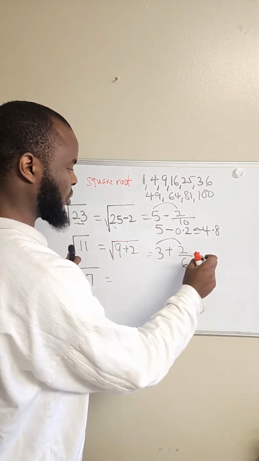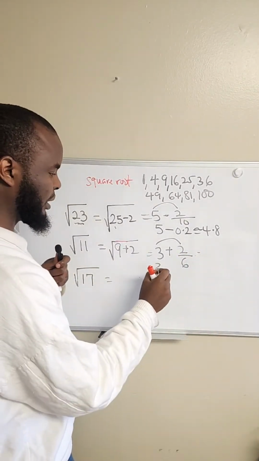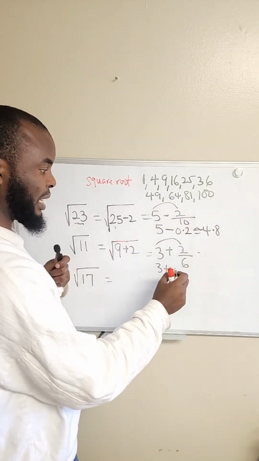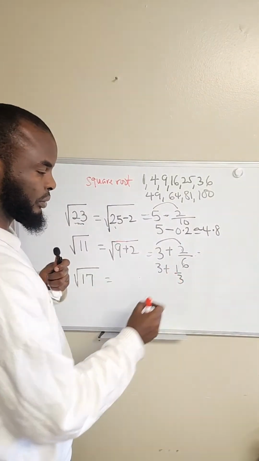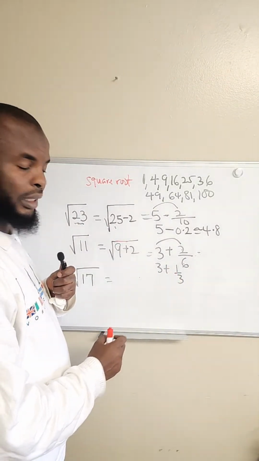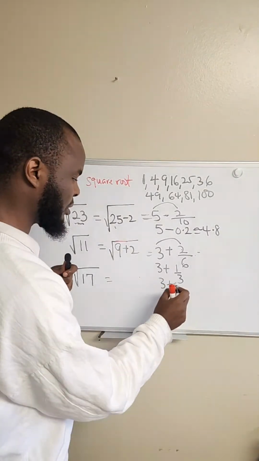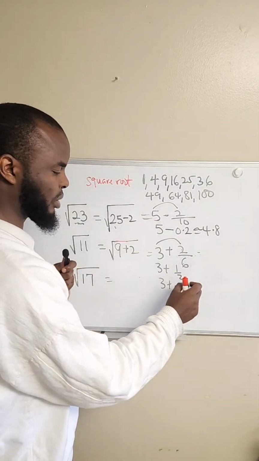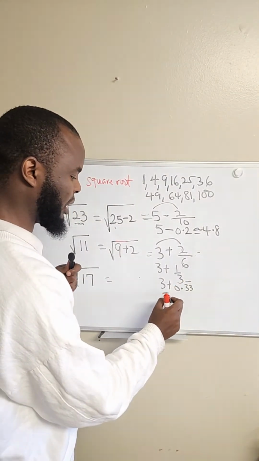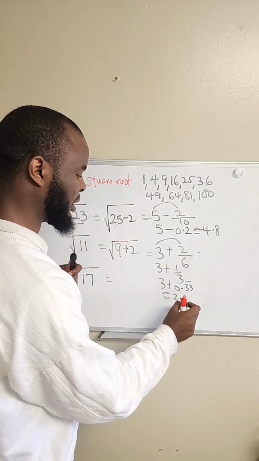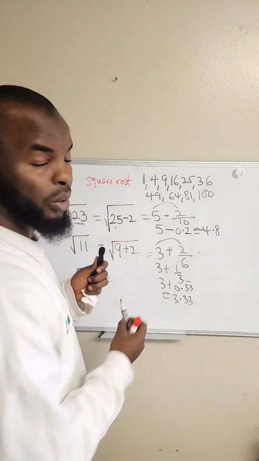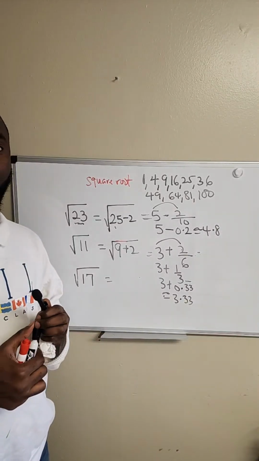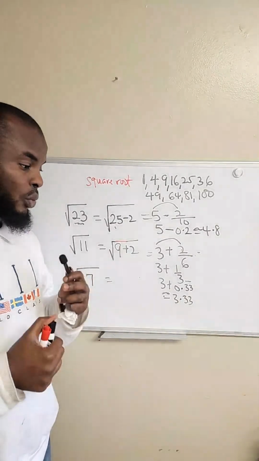So here we have 3 plus 2 divided by 6, which is the same thing as 1 over 3. So we have 3 plus approximately 1 over 3, which is 0.333. So this is going to be approximately equal to 3.33. So that means if you don't have the perfect square,